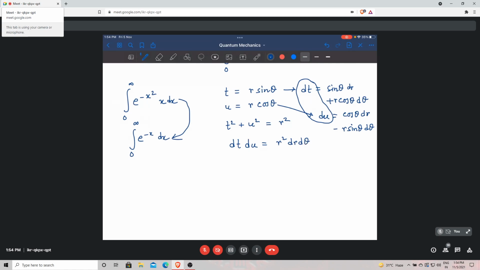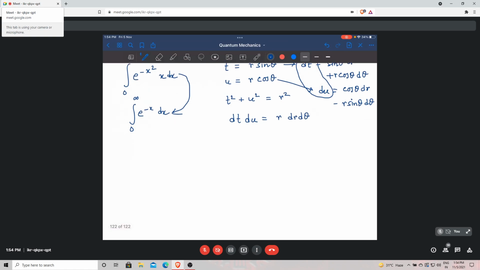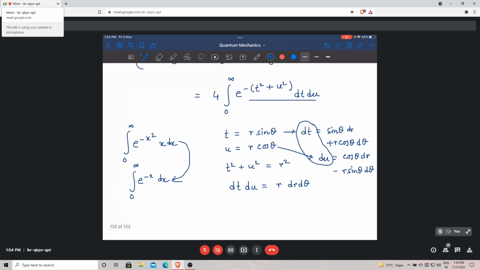No, not r squared. Why would r squared come? Only r will come, because these are multiplied: r cos theta with d theta dr. If we multiply the d theta dr coefficients with this and this, you can check it later on. It will come to be r dr d theta, and if we put it back together in this integration,